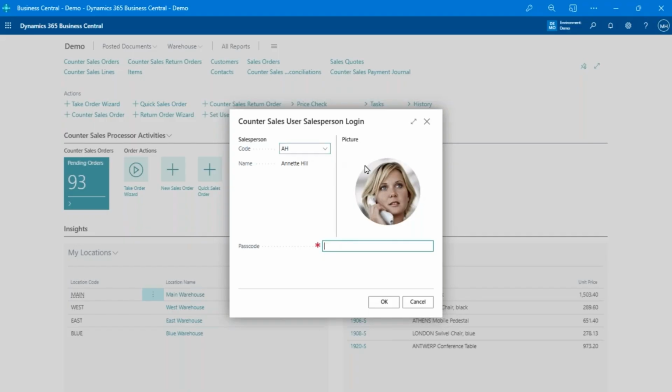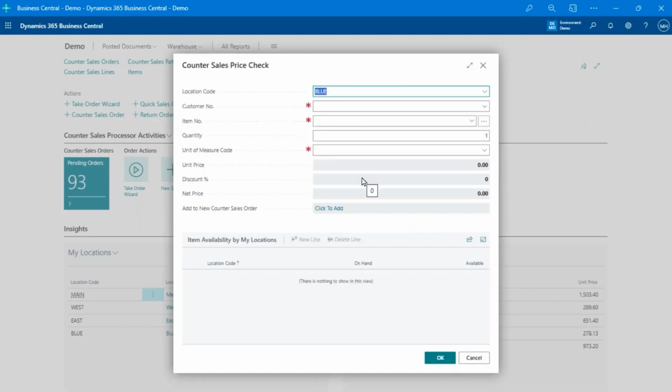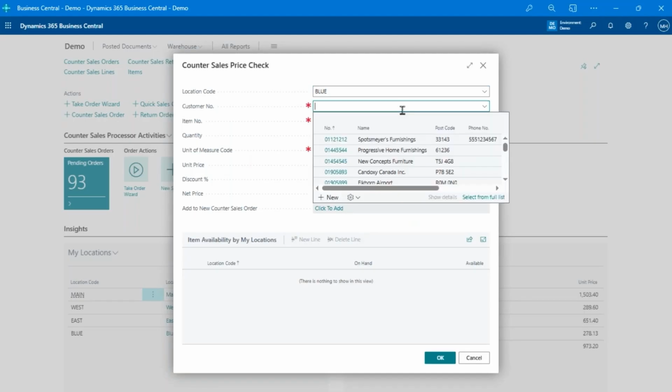You can turn this on or off. It's completely optional if you don't want to use it. If everybody has their own dedicated screen, you never have to do this. But in this case, as it's a shared terminal, it's asking you who I am before I actually can do anything. Now here, what we've got is,